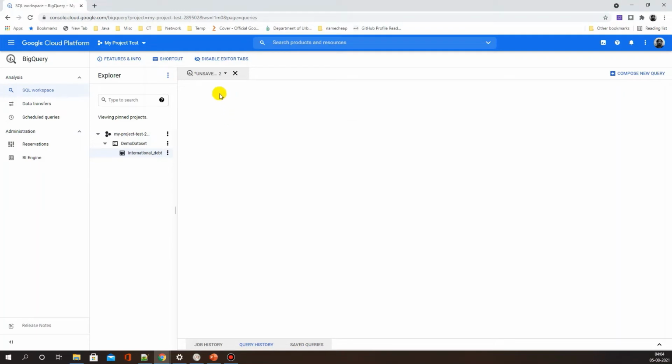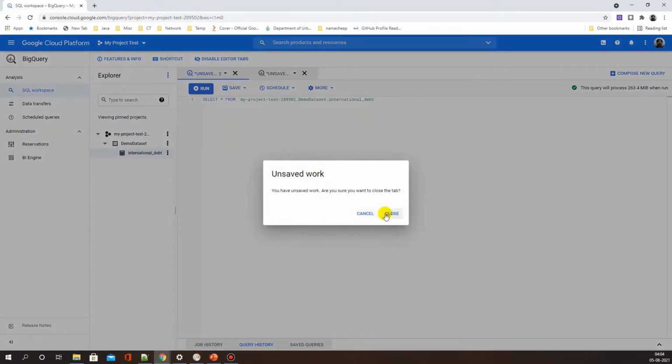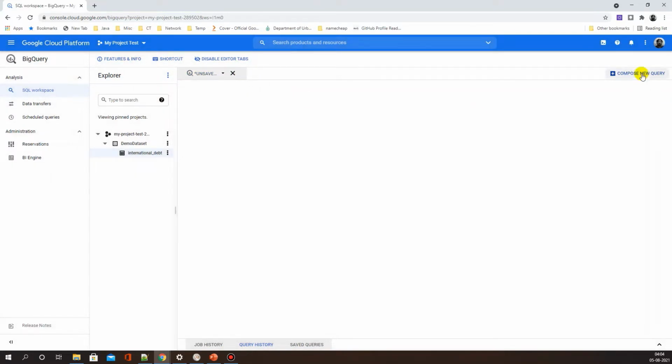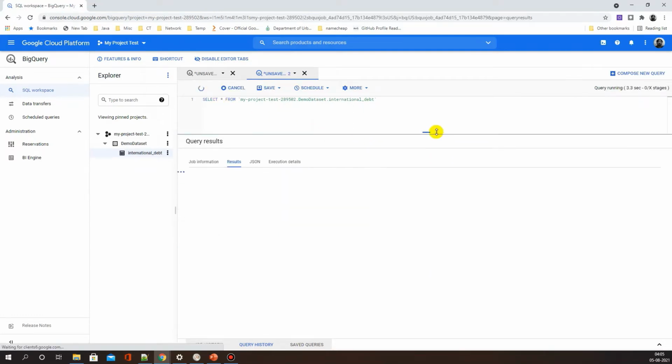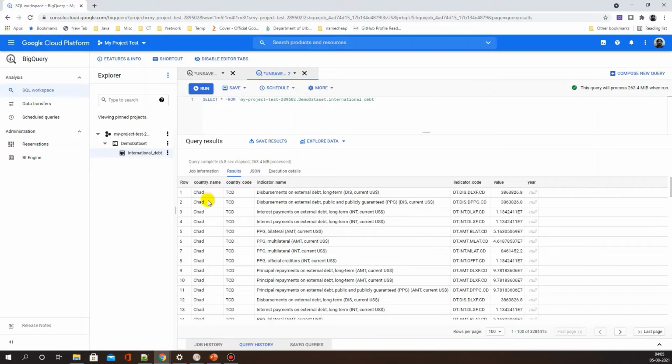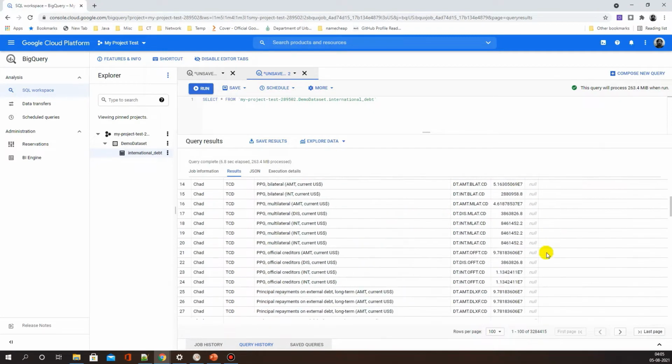So suppose we have a data set called international debt, something which I have pulled up from BigQuery's public data sets available. This is just for test purposes. You can have a look at that as well. Once you copy that in, let's have a quick run and see what we can see once we run this. So it has a lot of data, and we're just using it because it has something called country data. So as you can see, they have country names and they have all values associated with it.